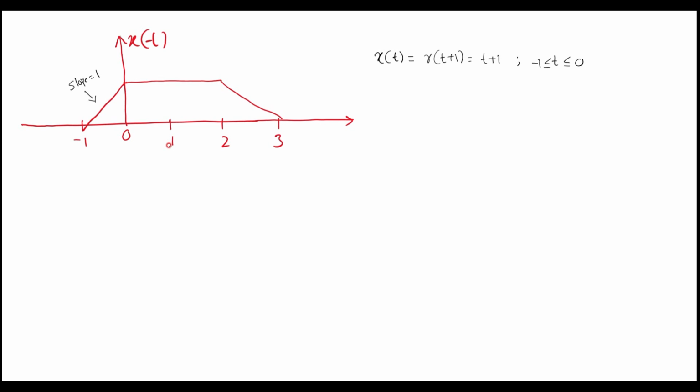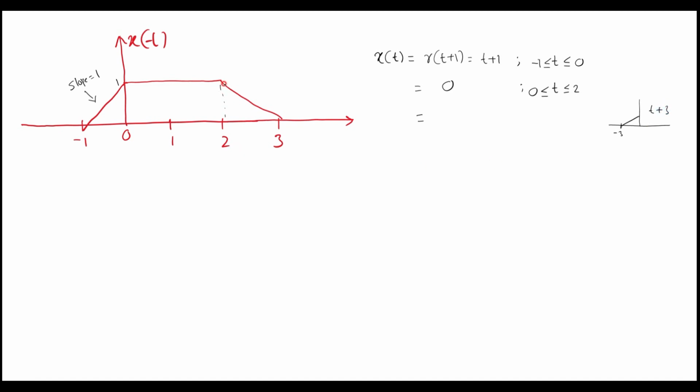Now here we can observe that from 0 to 2, the value of the signal is 1. Therefore, x of t is equal to 1 for t less than or equal to 2 and greater than or equal to 0. Now in between 2 to 3, there is a negative ramp signal. I can represent it as, suppose, assume that the ramp signal is started at t equal to minus 3. In that case, we can represent it as t plus 3.